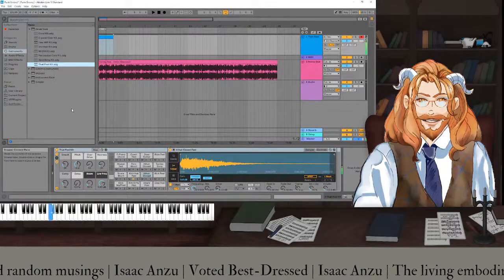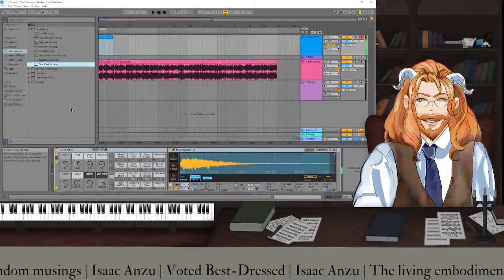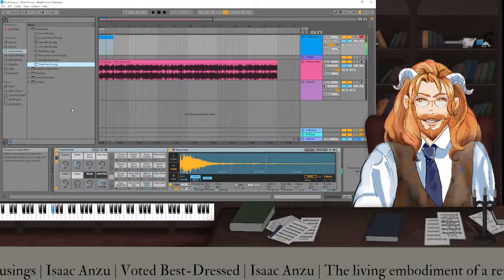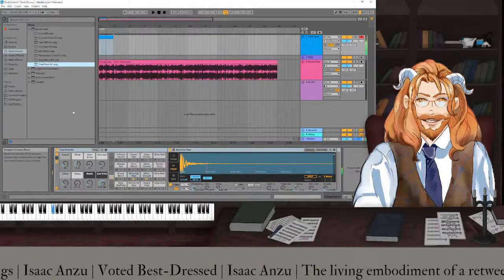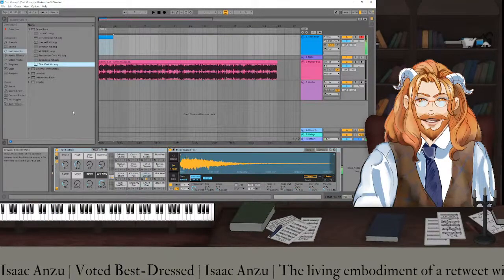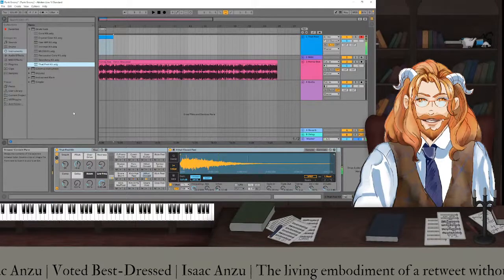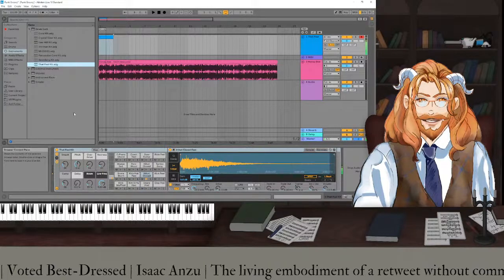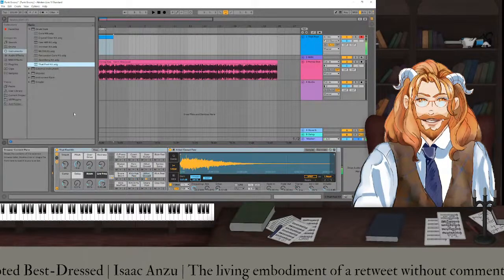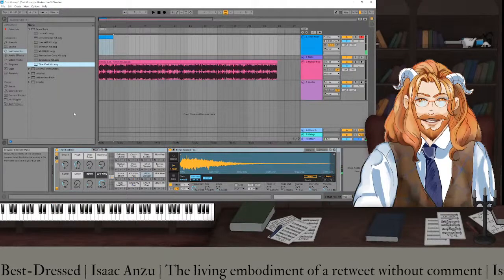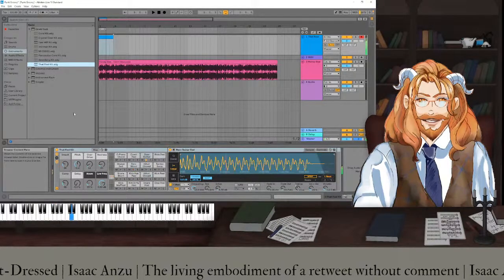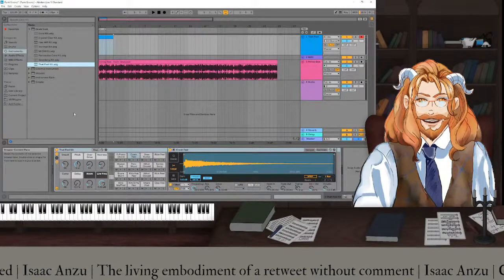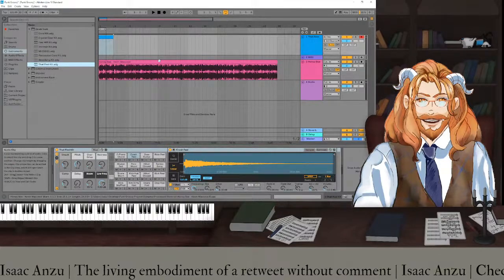So let's see. Not bad. Ooh, a funky bass guitar would be really good in this one, especially since we just took the bass out of this.